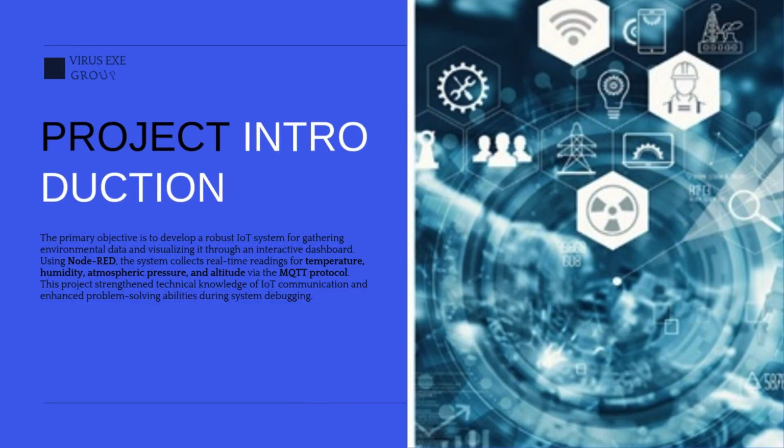The primary objective of this project is to develop a robust Internet of Things (IoT) system capable of gathering essential environmental data and visualizing it through an interactive dashboard. By utilizing the Node Red platform, the system effectively collects real-time readings for temperature, humidity, atmospheric pressure, and altitude via the MQTT protocol. This development process provided significant experience in managing MQTT data streams and configuring Node Red workflows to